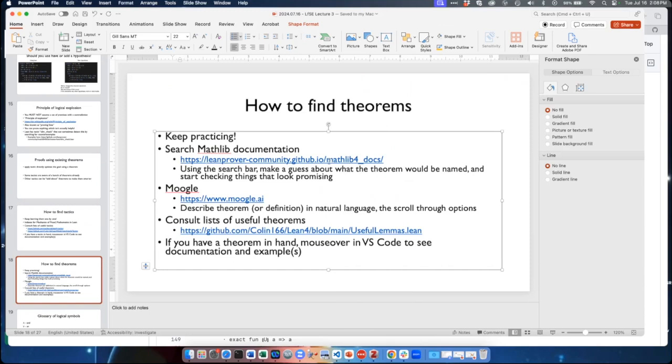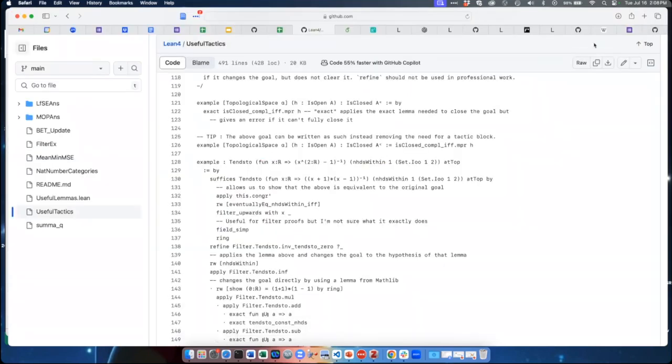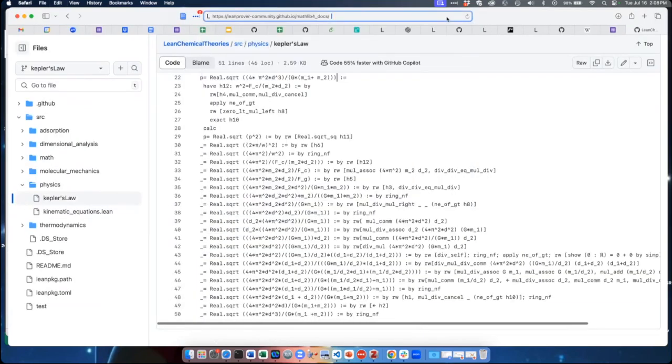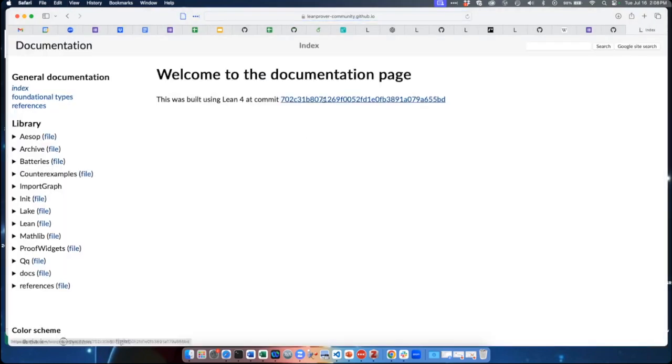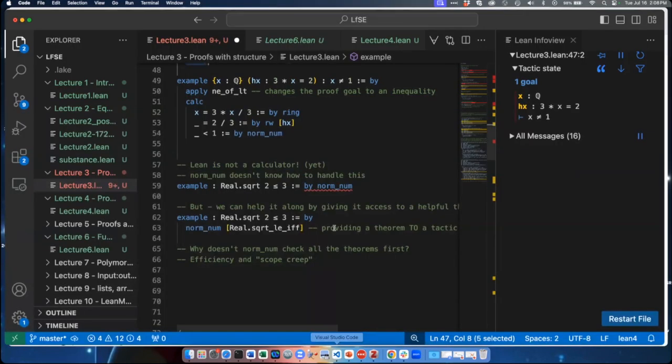If you go to the Mathlib docs, you can go up to search, and you can try to find stuff. What this means is you are searching for the name of a theorem that is kind of like what you're trying to prove. So if I come back to this one,